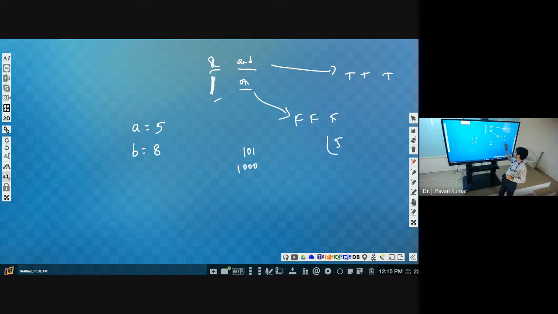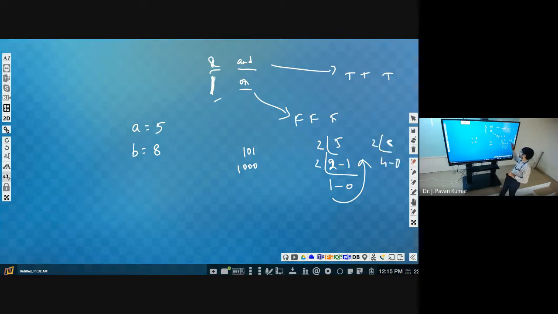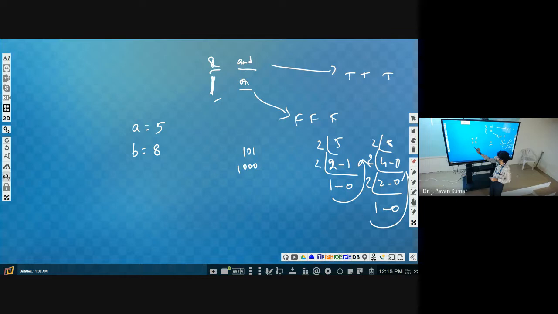How can we get it? Divide by 2 repeatedly and write the remainders from the bottom. Next, 8 also we divide like this, and we get 1000. Now, the operation we want to perform between a and b is the AND operation.